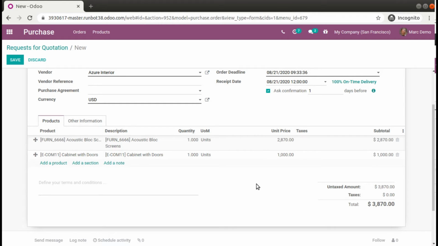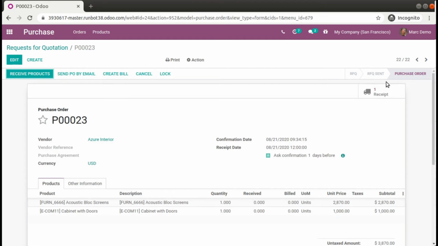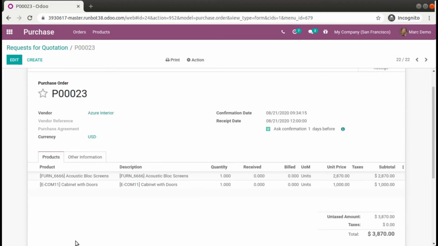Here you can see the total amount of the purchase is 3870, and if I click on the save button, I can simply confirm the order. If I click on confirm order, it's directly getting confirmed without any approval from the higher authorities. Let's see how we can add a new rule. If the amount is greater than 2000 or 3000, the employee should not be able to confirm the order without approval by his manager. Currently we are able to confirm the order without any approval. He just creates a quotation, adds the products and confirms.